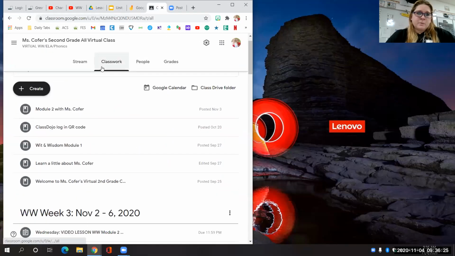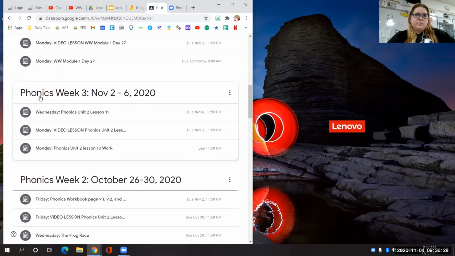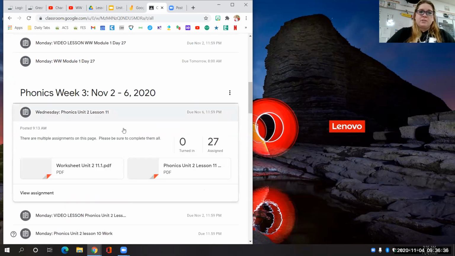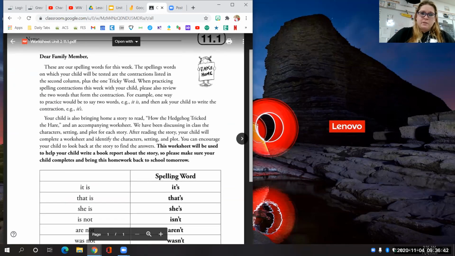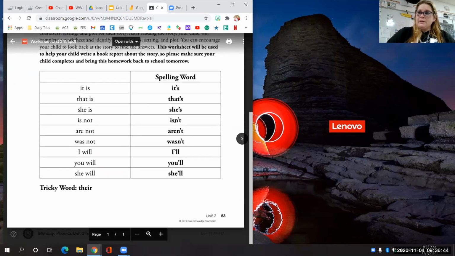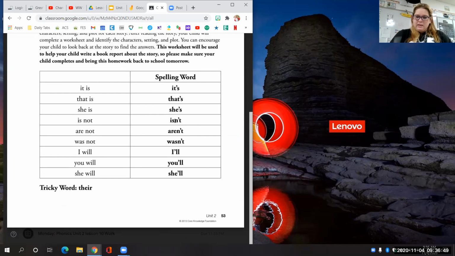If you go to classwork, Phonics Week 3. Okay, it says Wednesday, Phonics Unit 2, Lesson 11. A lot in here today, okay? So here's the worksheet with the letter for your parents with your spelling words on them. And you are actually going to take that list tonight, and on page 35